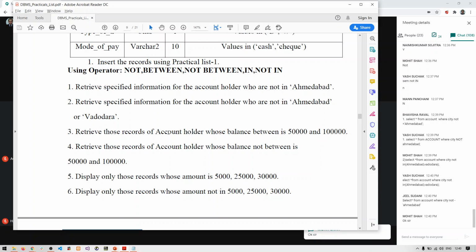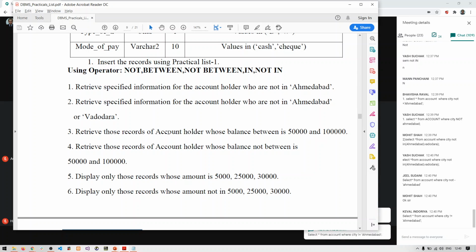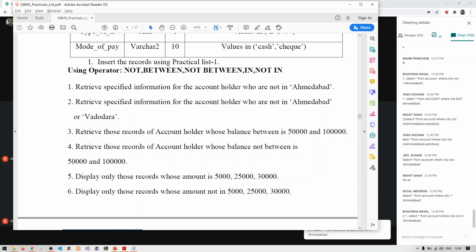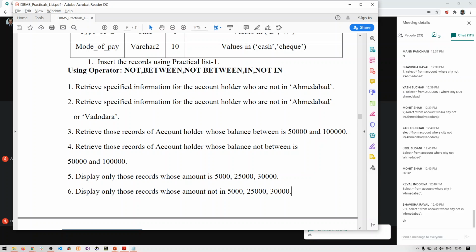No, Jill, the answer is incorrect. Keval, we cannot use exclamation marks in the query. Yes, Bhavisha, not in, and then you should write brackets and single quotes Ahmedabad. You should have brackets, right? Okay, go for the second query now.